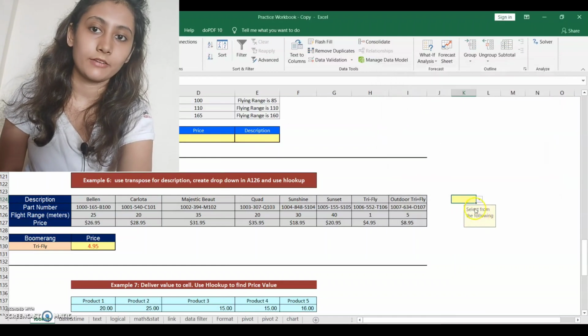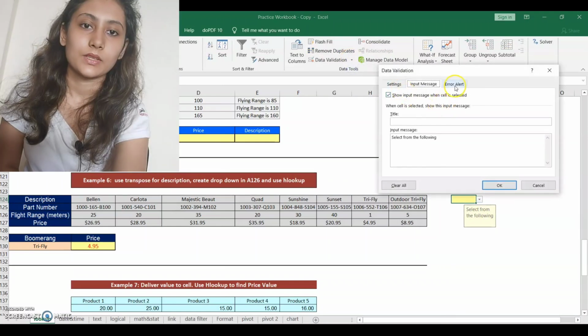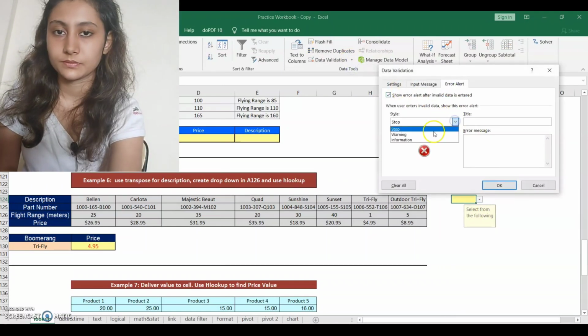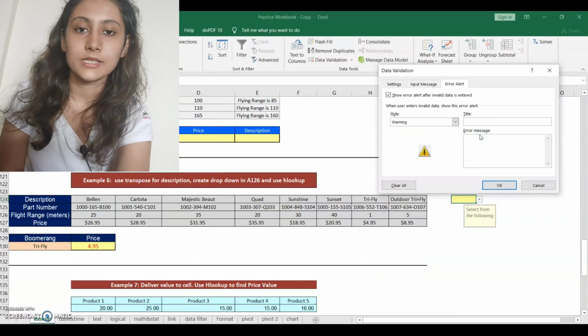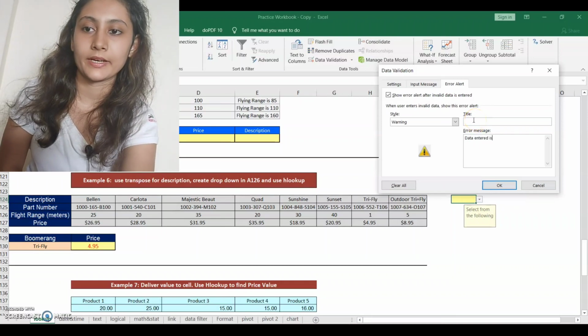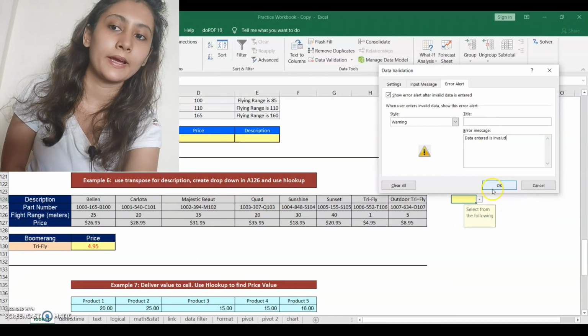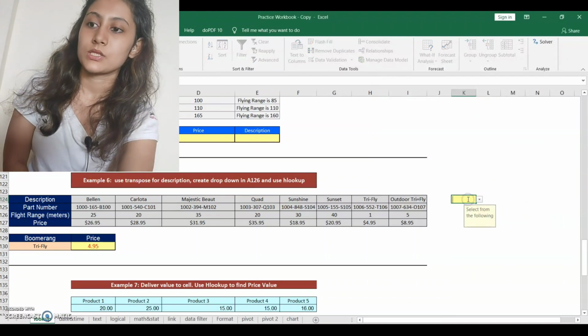If you want a warning sign, if you want a stop sign, the message can be data entered is invalid. Okay, so I am typing my data as Prapti, which is not included in the list, so it will pop up an error message.